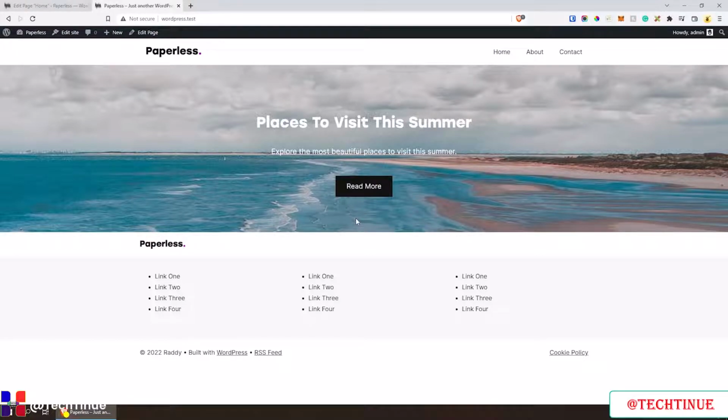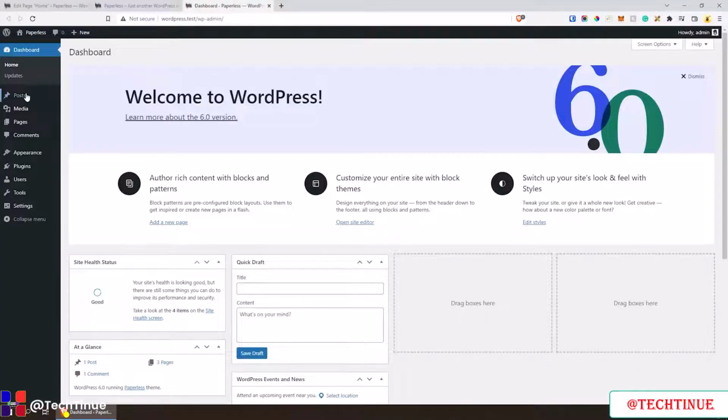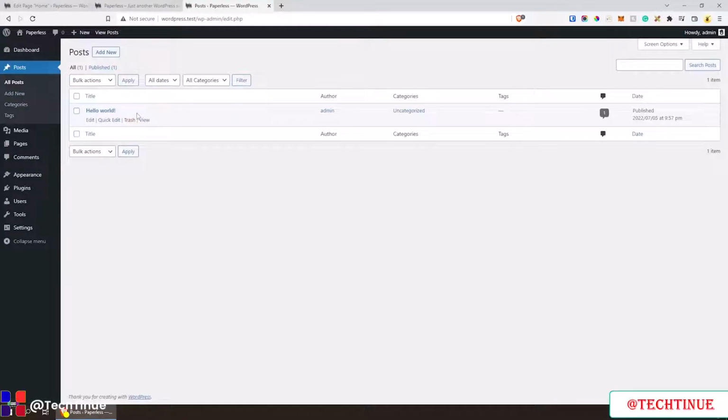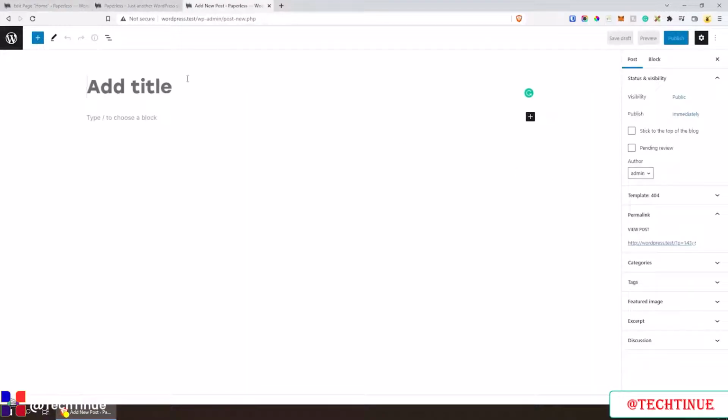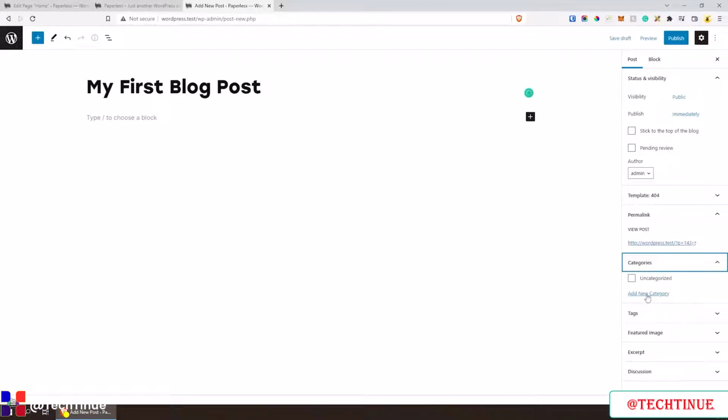Now, I actually don't have any blog posts. So what I'm going to do is quickly go back to the dashboard. And then I'm going to add a couple of posts with some images and some categories. So let's add a new one. And let's say my first blog post. We need to have a category, for example. Let's say